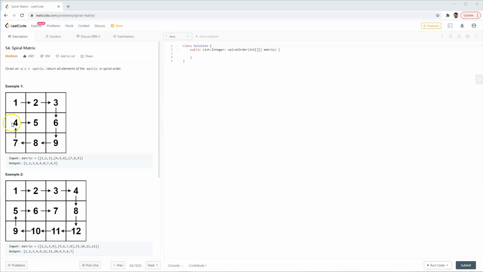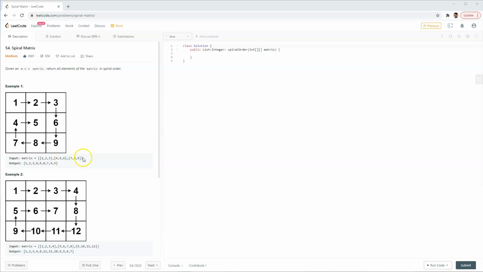Now from this left bottom corner you move up, and then you do it again, left to right, until you reach the middle element. So this is a 3 cross 3 square matrix,